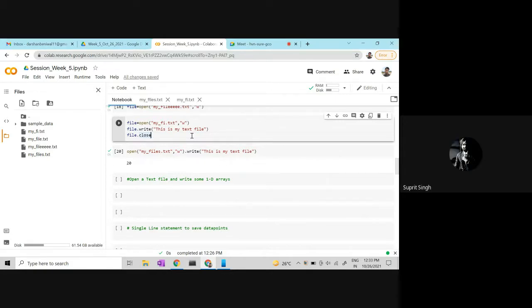Okay, wait. See, what does open do? Open is a function, and inside it there is a slot. The first slot tells it to go and open a particular file, and the second slot tells it the mode. This is what I'm saying: this file is already specified when I'm saying file equal to. Why am I putting another name?